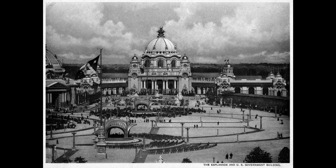The second group represents the security and happiness of the family relation in an age of enlightenment. A laurel-crowned figure, symbolic of peace and social order, holds a baby in her lap, while the young mother bends over it from one side and the father from the other. On the steps of the pedestal sits a female figure, symbolic of the church, and a male figure, symbolic of